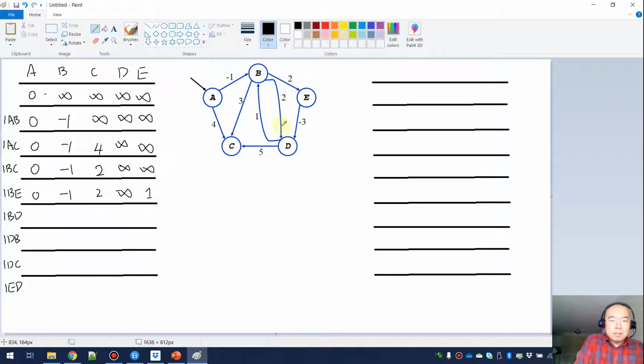Let's talk about BD. For BD, we know the cost to get to B is -1, and then BD is a 2. So that will be a 1 here. And then 0, -1, 2, and 1 again. So far we have discovered at least one way of getting to all the possible nodes, and we should continue visiting all the edges. So the next one will be